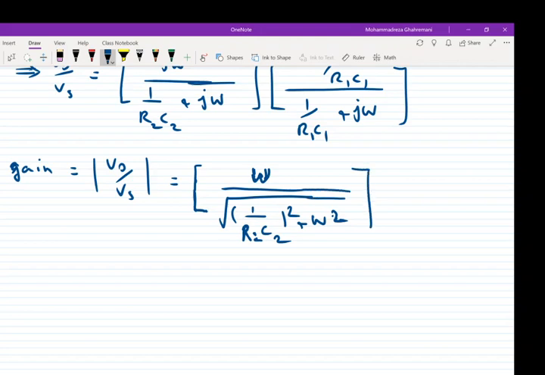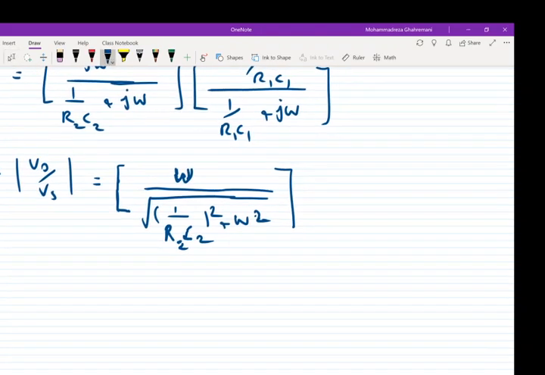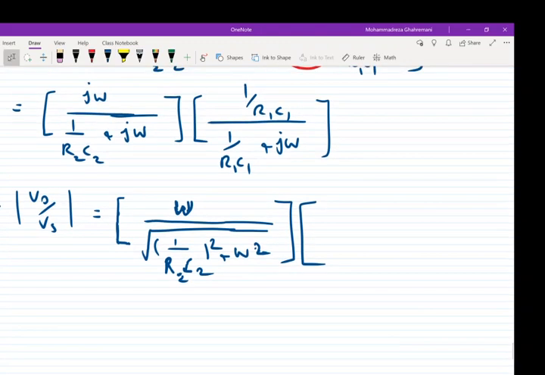This one is the first parenthesis, the first term. Okay, the second term will be: the numerator is a constant value, so it's 1 over R1C1,